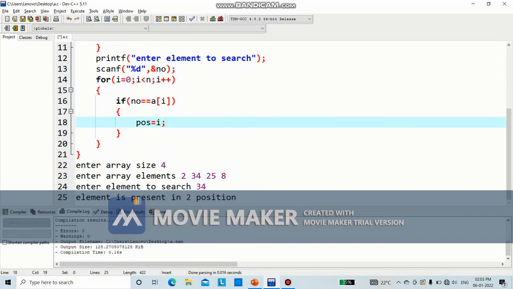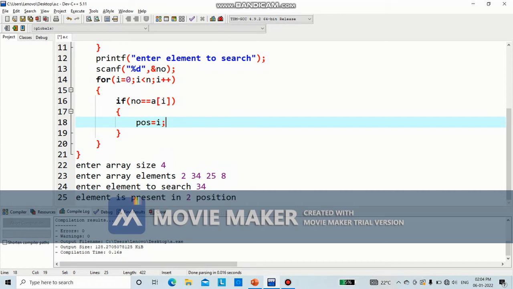So suppose what happens here? I have entered 4 elements. For I equal to 0, 0 is less than 4, I am entering. Suppose the number to search is 34. Now it will check if number is equal to a of I. Number is 34. What is a of 0? 2. Is 2 equal to 34? No. So I will go to the I plus plus.